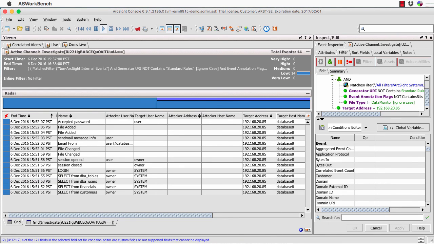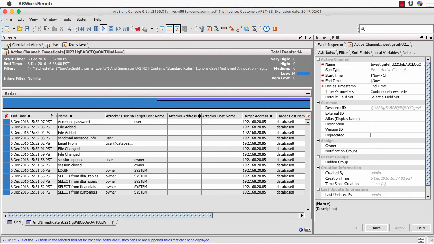Now, it's actually added that as a panel, as an extra part of the grid here, which allows me to go backwards and forwards if I want to. And if I wanted to, I could, of course, with that, go back to my attributes, and I could save it. I could give it a new name. So it's actually given it this investigate. So I could give it my new